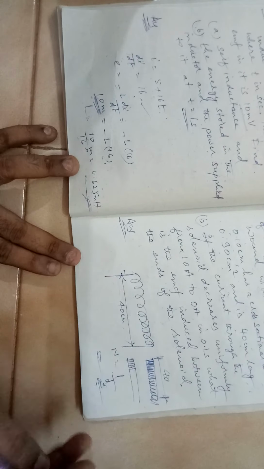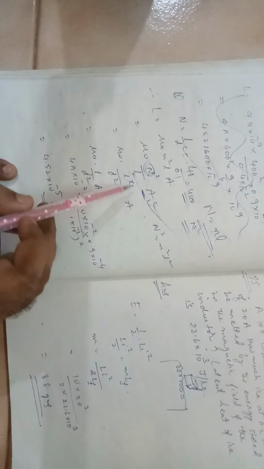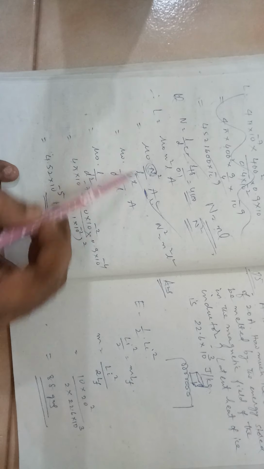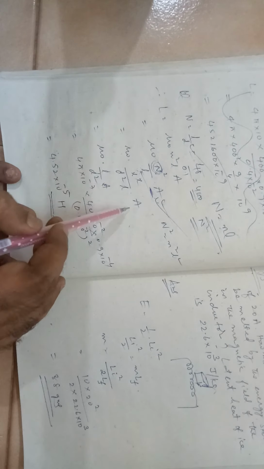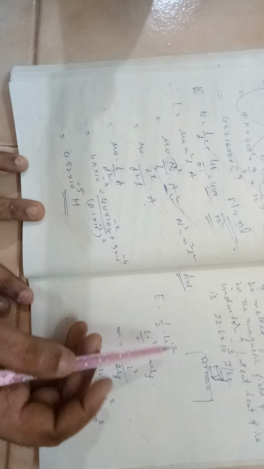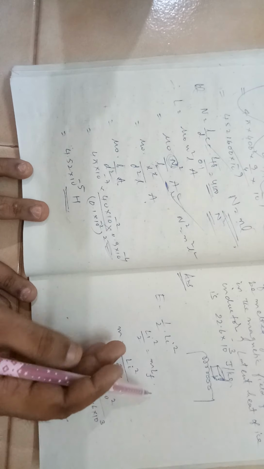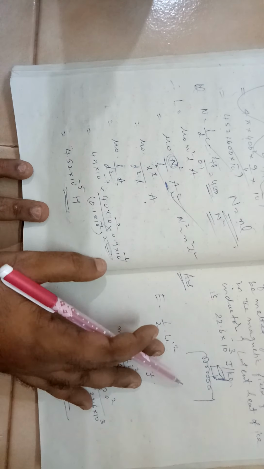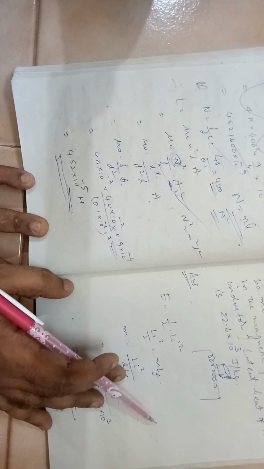What I have discussed here in the previous page. In the place of capital N, I have put L by D. So here there is an L square, in the denominator there is an L. So L cancels. So finally you will get mu naught L by D square into A. L is 40 centimeters. D is 0.1 centimeters. Just plug in the values. You have to convert into meter square. Everything has to be converted into SI units. Once you do that, you get 4.52 into 10 power minus 5 Henry.